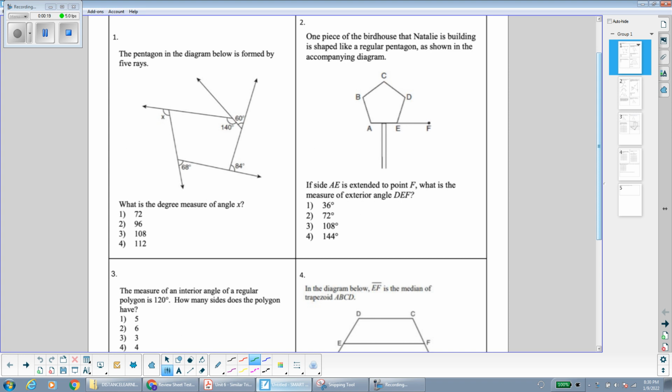The first thing that I need to do is use the relationship that the exterior angles here and the interior angles next to them are supplementary to each other. That means they add up to 180 degrees. So I can find that missing angle there by doing 180 minus 68, and that gives me 112 degrees. I can also do it over here with this 84-degree angle. 180 minus 84,